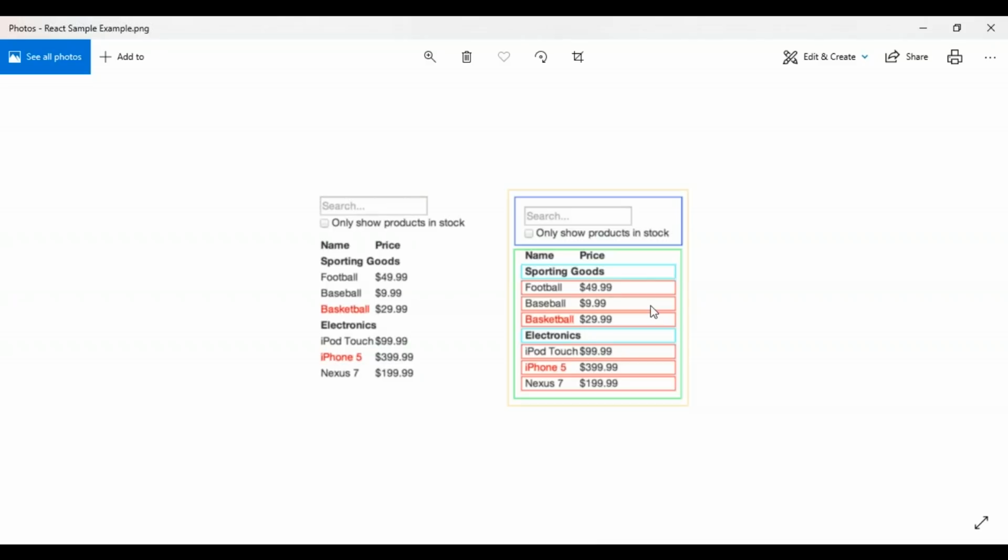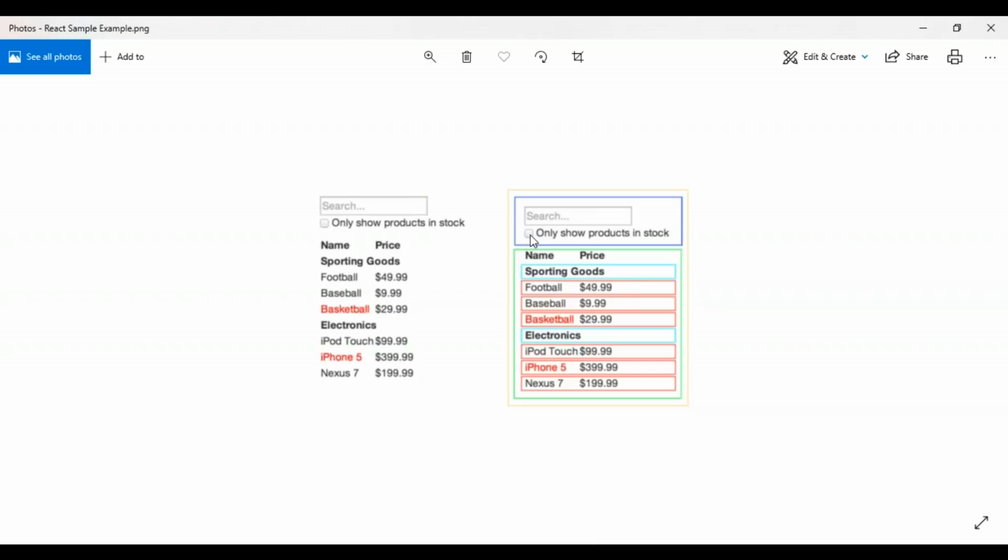Now let's build a static version of this in React, by creating different components. I just want to add one thing: if you want to make your UI very much interactive, you need to be able to trigger changes to your underlying data model. And we are going to use state because this particular application can be made easy with the help of state. What is our state? The search text the user has entered, this is the state, and the value of this checkbox, because I have added a checkbox also over here.